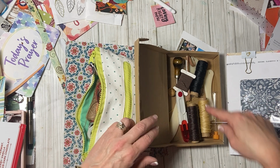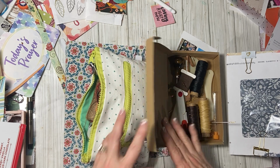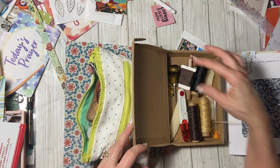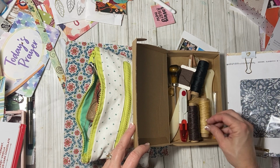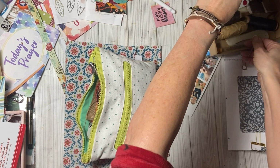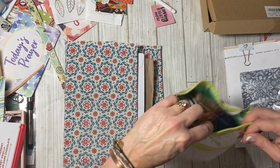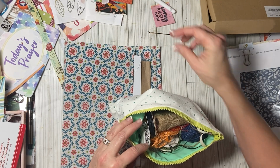I have a very similar one. I don't think it's this exact one, but very similar. It was on Amazon. It was super affordable, but you know, it has the awl, it has needles, it has everything you need. All right, so I printed up my pictures. Okay, so here